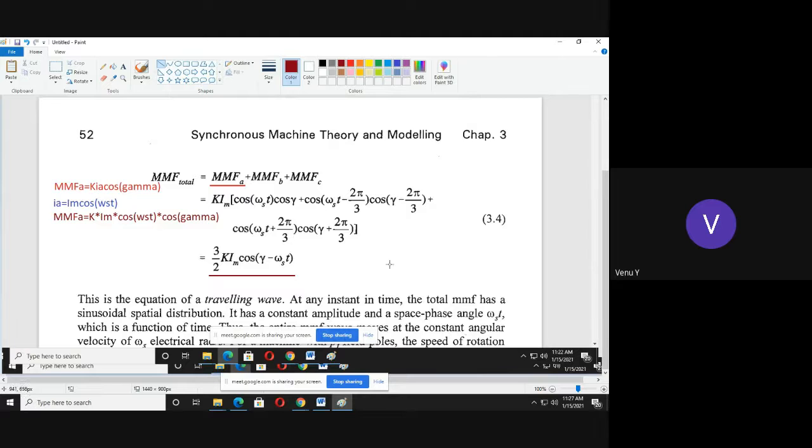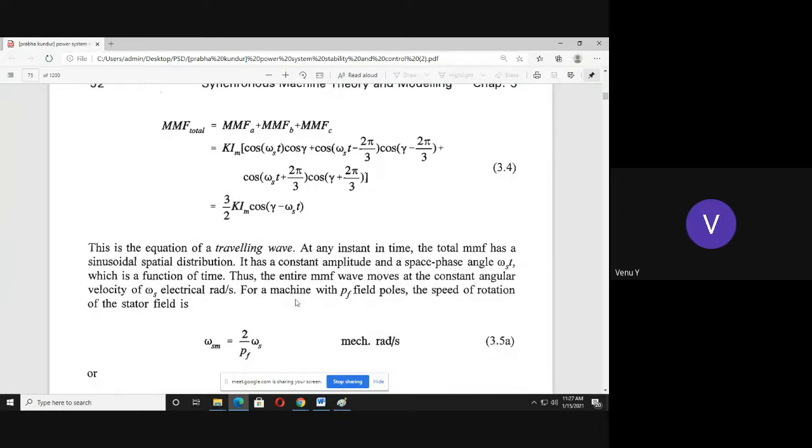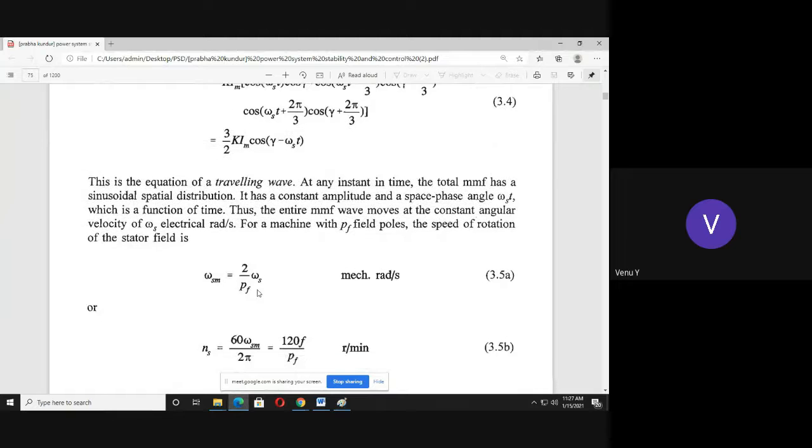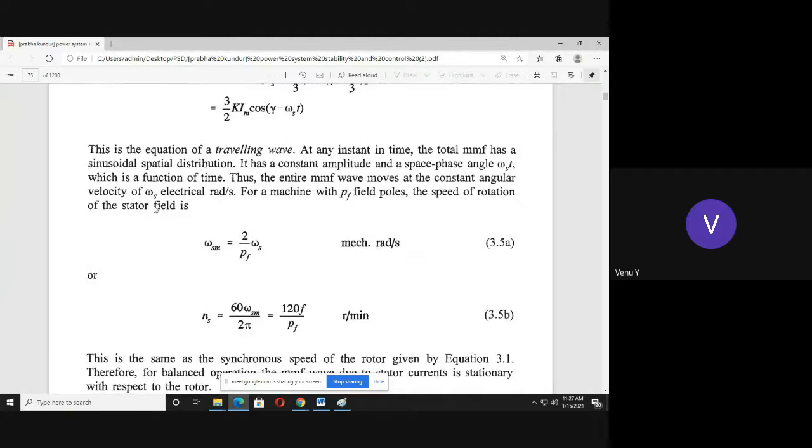The total MMF will have sinusoidal spatial distribution. So this entire MMF wave moves with angular velocity omega s electrical radians per second,